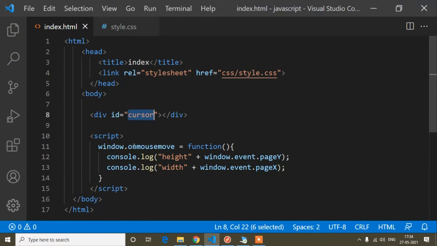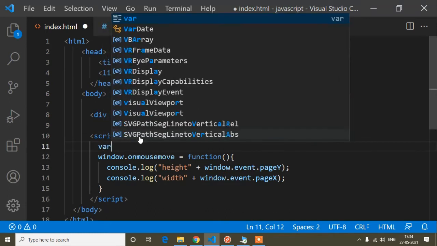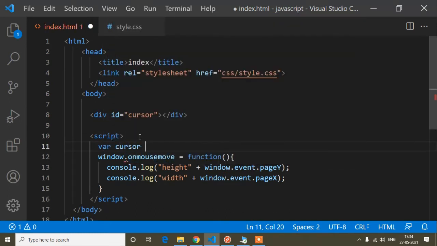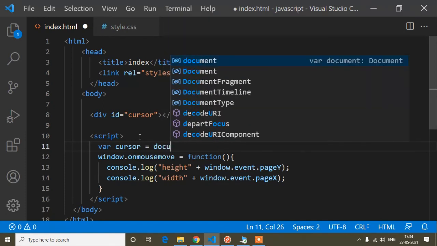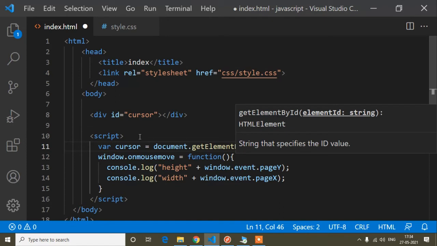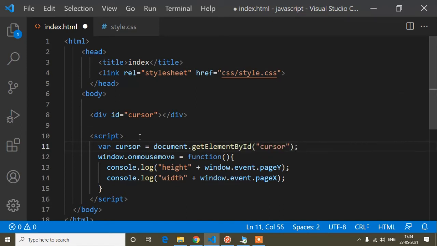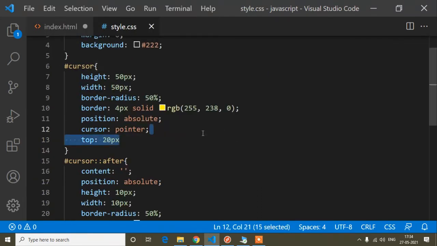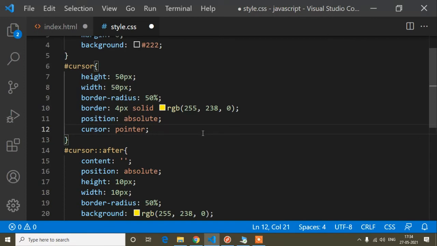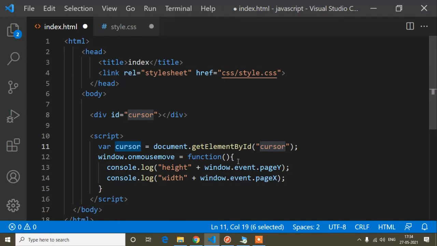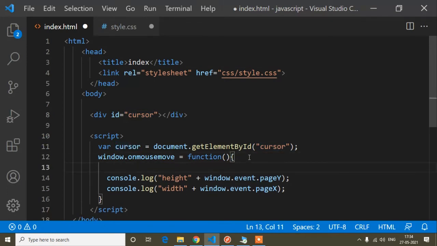I will copy this id name, cursor, and first I will write a variable, cursor equals document dot getElementById, and the id is cursor. Now I have to set the left and top properties, and their values will be my cursor's position, the width and height. First I will write cursor dot style dot left equals, where left means the width and top means the height.